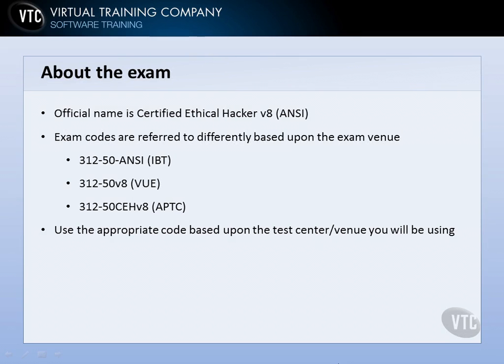Let's talk about the exam itself for a few moments. And I want to give you some information that will be helpful when you study for the exam so that you know what to expect. Now, the official name of the exam itself is Certified Ethical Hacker V8, and you'll see it with the little